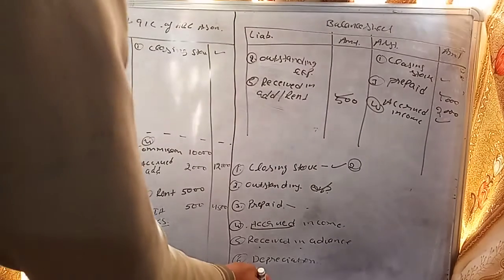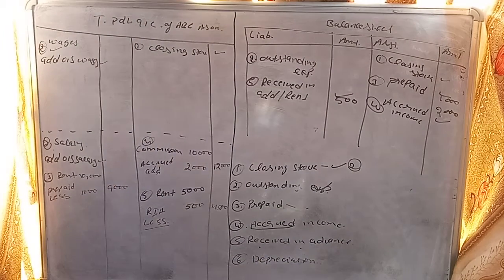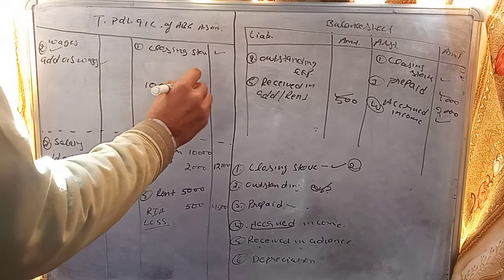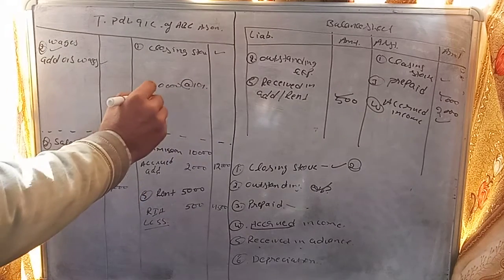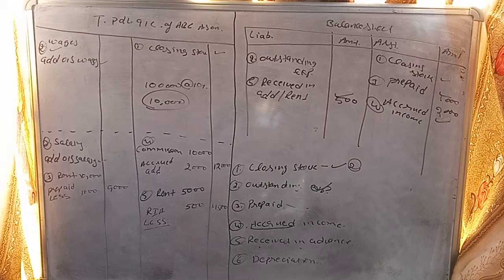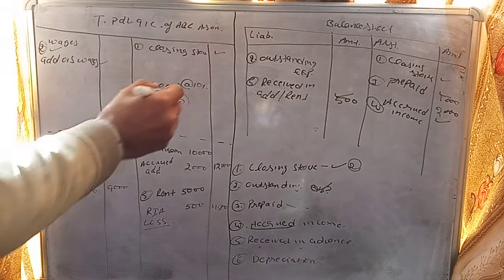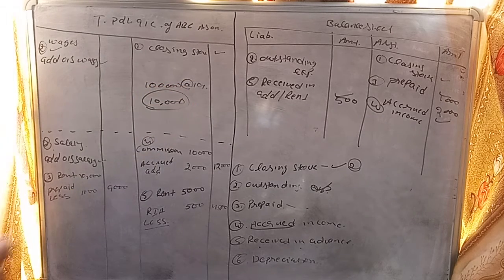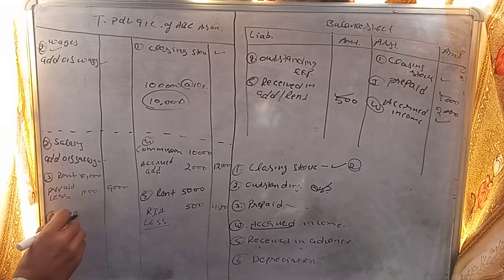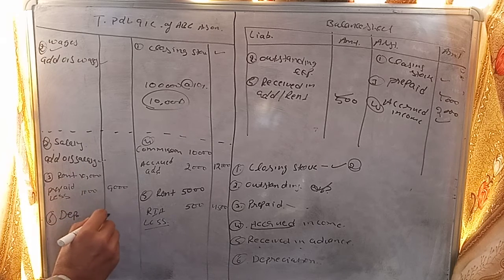Next one, very simple, depreciation. So what we do, say we have building 1 lakh and as per the question the depreciation is 10%. So that value is 10,000 of depreciation, right? As you know, depreciation is an expenditure of the business, so I will mention it on the profit and loss account debit side because we debit all expenses and losses, you know very well. So it will be mentioned on the profit and loss account debit side, depreciation 10,000, right?